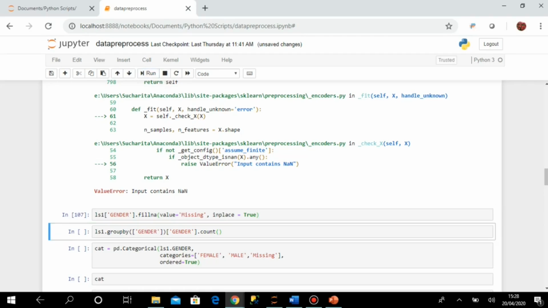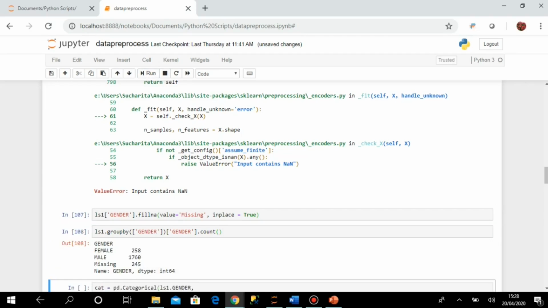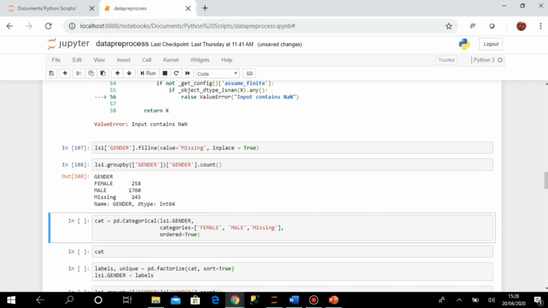Okay, so now if I again execute the group by function, you can see that now I have 258 female records, 1760 male records, and 245 missing records. So earlier, these 245 records were having no value for the gender column, it was having the null value. Now I have replaced null with this missing value. Okay, so